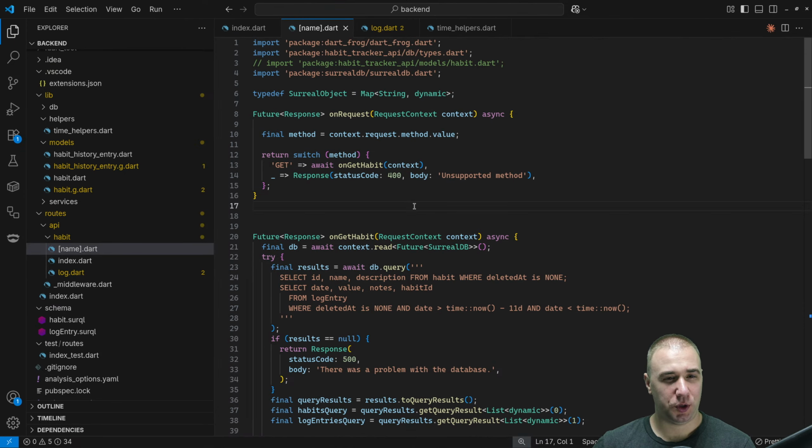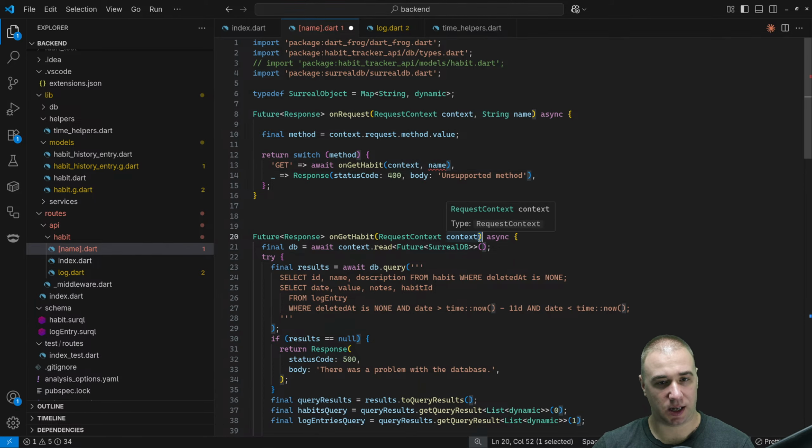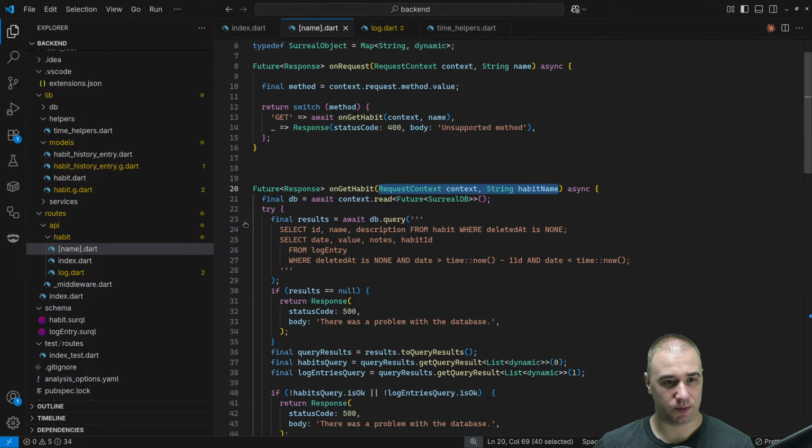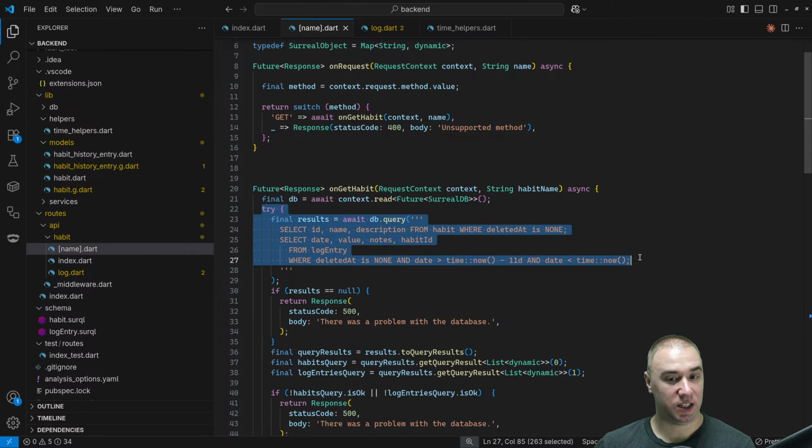So what we'll be doing here really, we have context and we also have the string name. That's what we'll be extracting. So we can also pass it on here with context, and we'll be also having string habit name. There we go. All right, so our get habit should have all the information it needs to go on. We create our connection to the database, and we'll be able to get a specific habit with all its